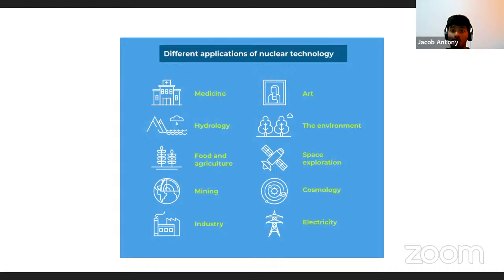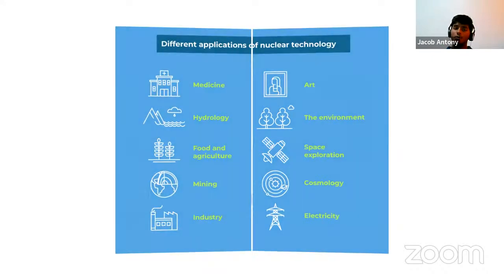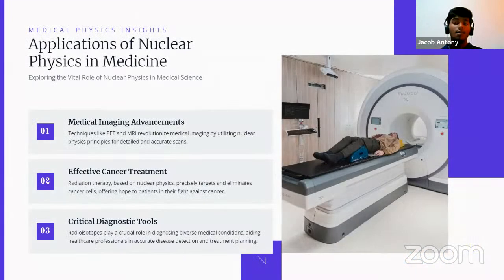as a whole. Now, going on to electricity, nuclear reactors generate electricity by using controlled nuclear fission to produce heat, which drives turbines to create power. If you look at this slide, you might be wondering, okay, why haven't I spoken about medicine? Because here we are going to talk about nuclear physics in medicine, and it has so many different applications, but